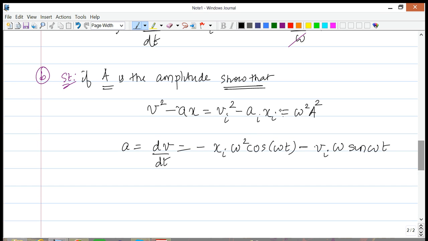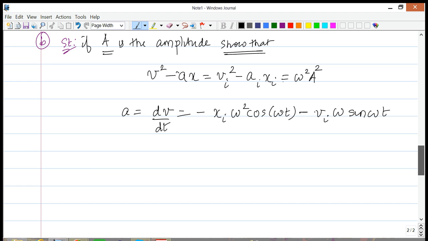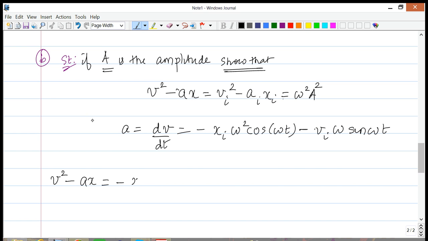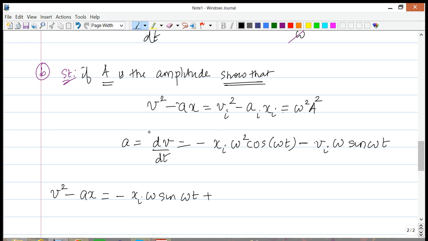So this gives us the value of these terms here. So this gives us the acceleration. Okay, now what we are going to do is that we can first evaluate this v squared minus a times x, and what this is, let us take the v term, which happens to be negative xi omega sine omega t, plus vi cosine omega t,